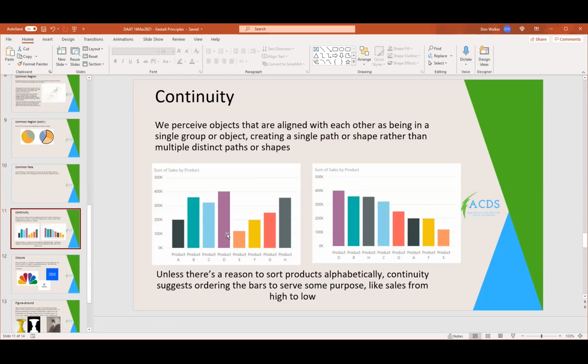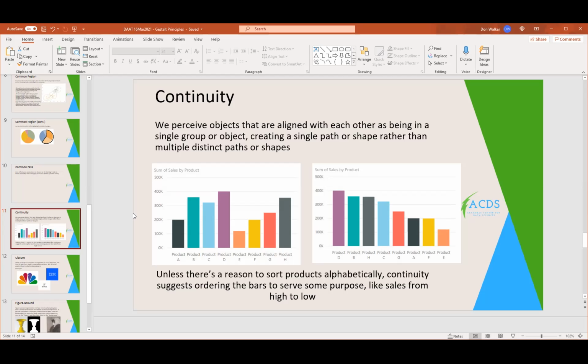So like on the bar chart on the left, I would assume they randomly aligned the product by product name alphabetically from left to right, and then we're looking at the sum of the sales by product. Well, if all you want to do is show that, and have your audience kind of hunting and pecking and looking around, trying to figure out the rhyme or reason of the chart,